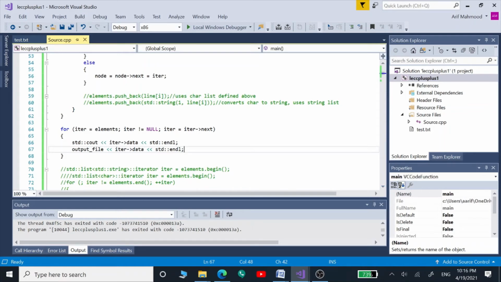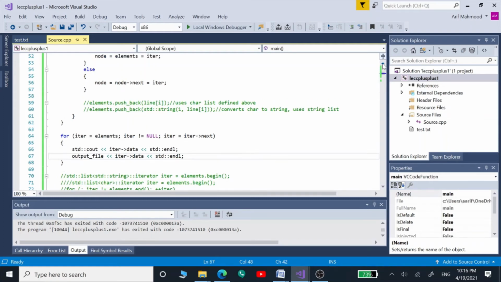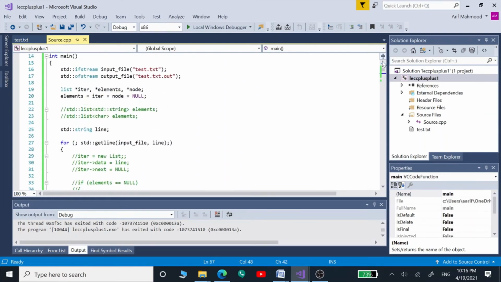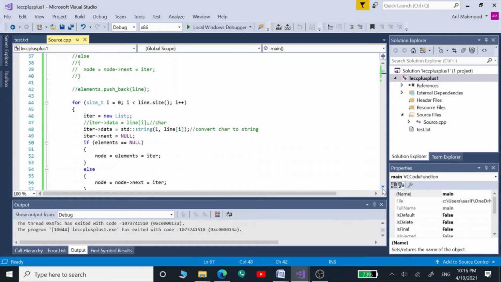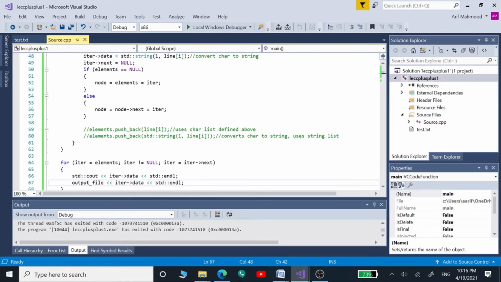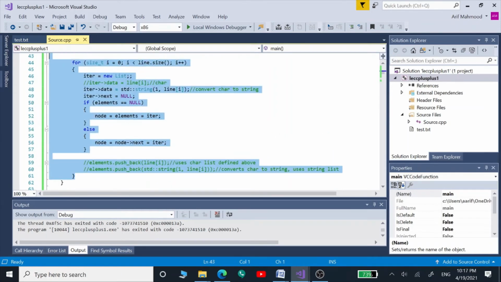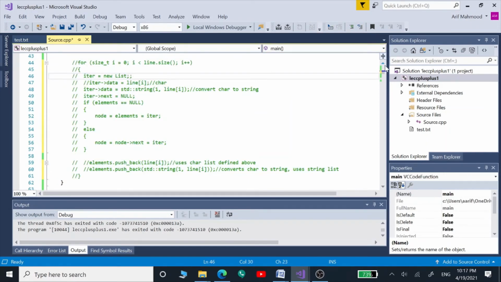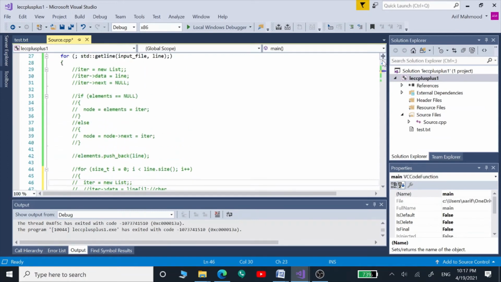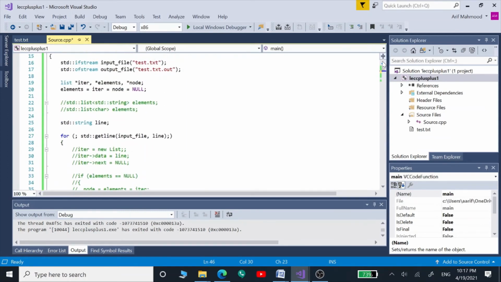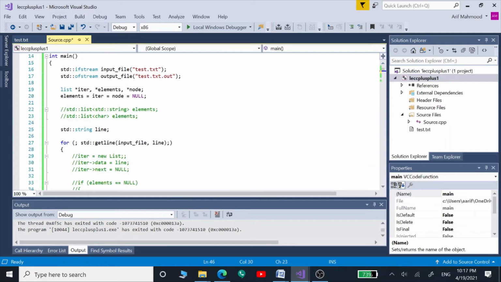Now we are going to see that since we have built-in lists in the C++ library as well, how we can use those lists and convert those string lists into character lists. So we can skip these lines, because we are no longer using our own list.